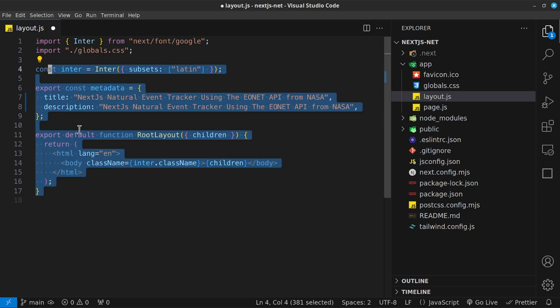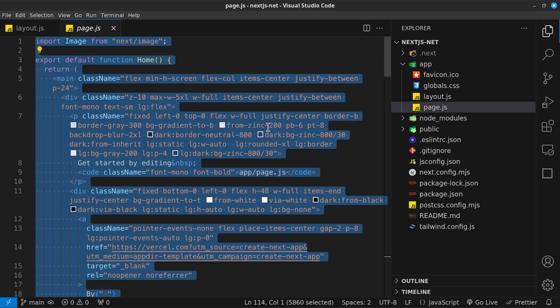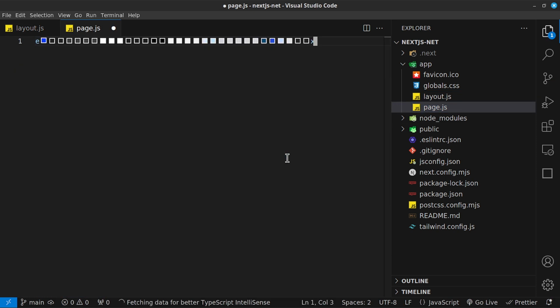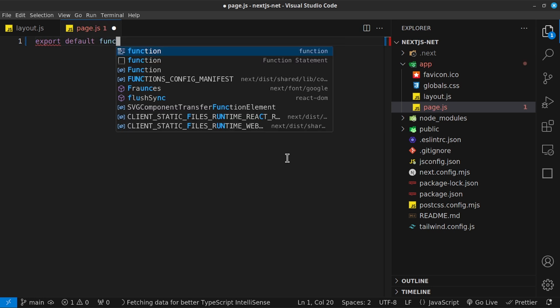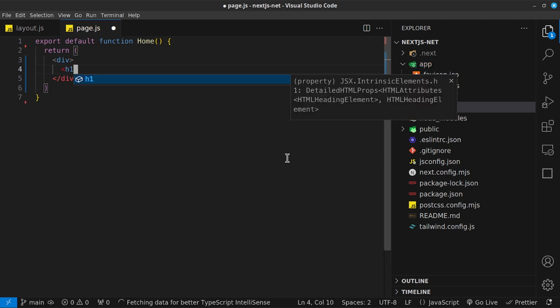And then everything inside here can remain as it is. So let's save that. And then inside our page.js, we want to go ahead and remove everything. And then let's just say export default function Home. And then let's return a div, and inside this div, we're going to return an h1 that says